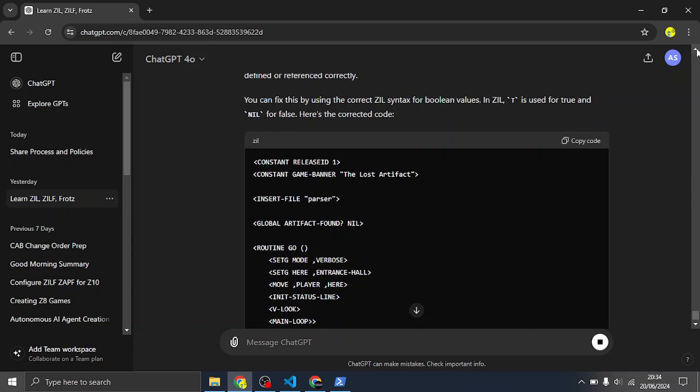Okay, so it's left the question mark in and it's put nil. T is for true and nil is for false. I'm not sure where it's got that from. Do you know what I'm going to do? I'm just going to